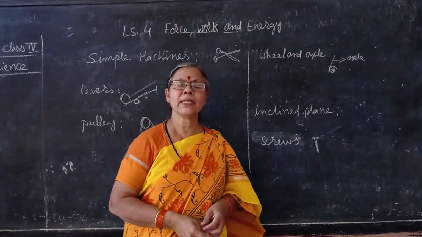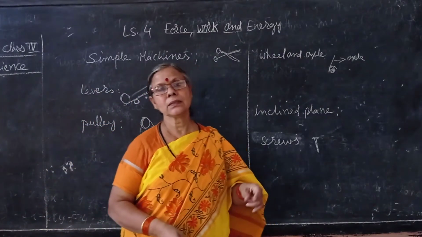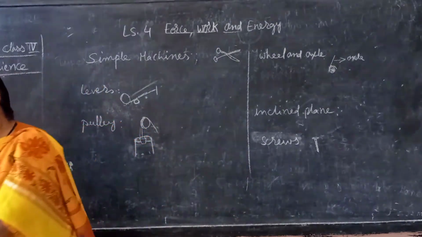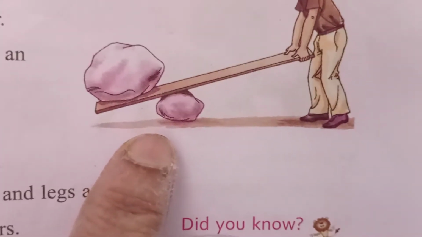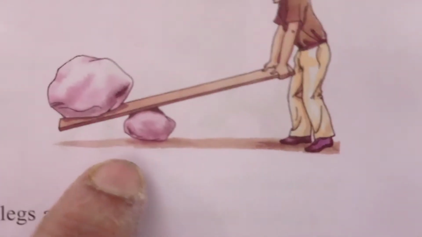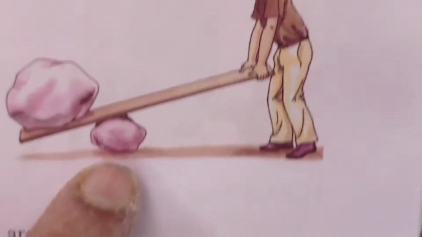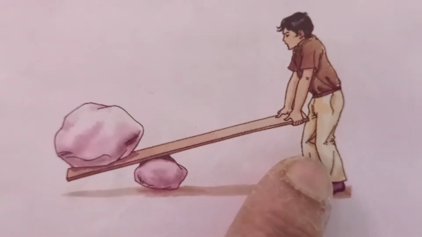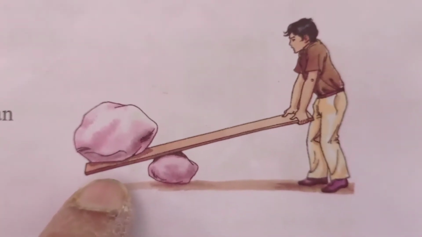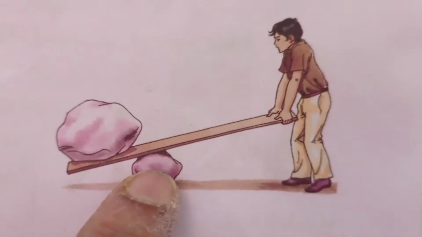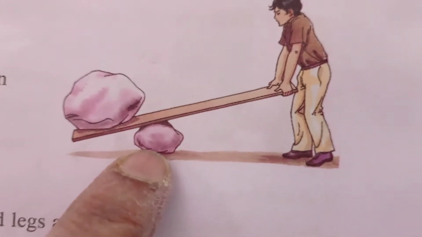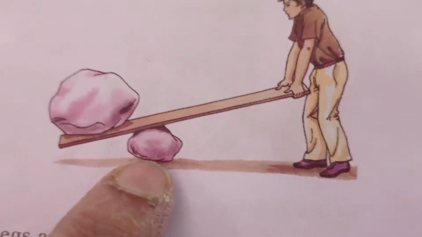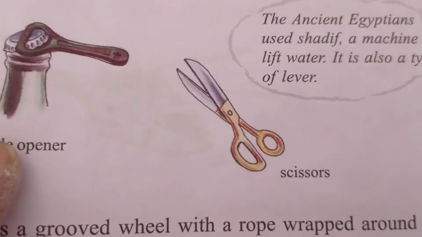The spade and tongs are examples, and the bottle opener is also a lever. Now here you can see this one. One of the most common machines is a lever. A lever is simply an arm. People can put force here and lift up the big stone with the help of this small stone. It can lift up an object with the help of a pivot. You can use levers all the time, every day. Spade, bottle opener,